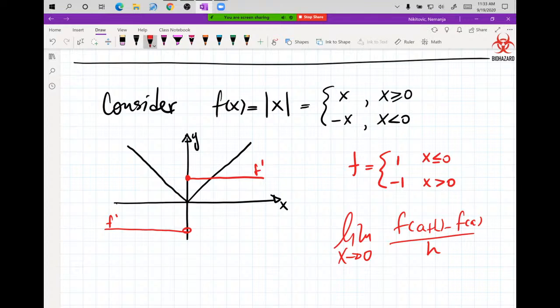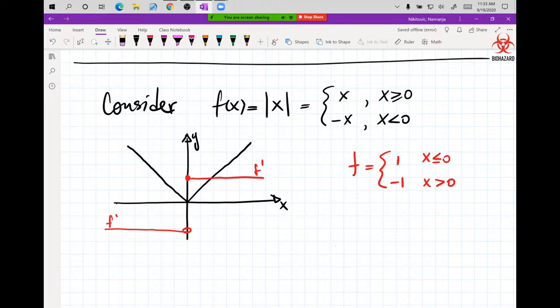Well, when I approach the limit from one side, I'm getting a negative 1. When I approach the limit from the right, I get positive 1. The limit does not exist, but the limit defines the derivative. Therefore, the derivative doesn't exist at that point. So you have to be careful about these things popping up in existence. And we're going to say here, write it in blood,